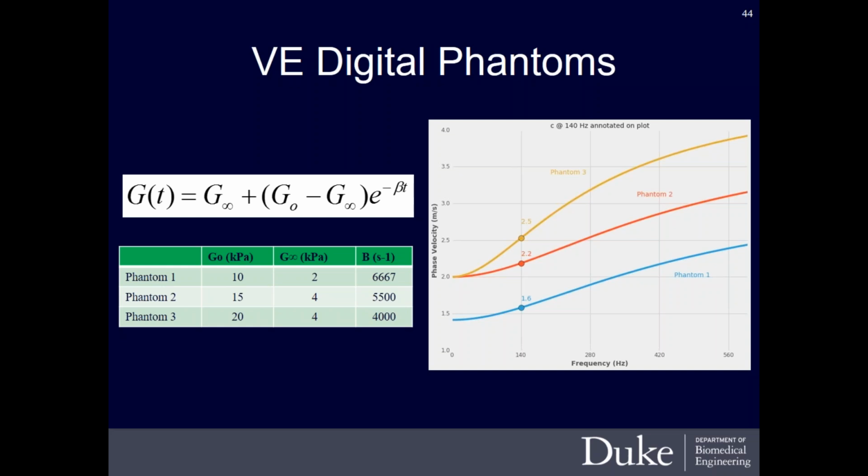So for given imaging systems that might have a bandwidth that could range from, let's say, 100 to 300 hertz, if you're looking at the slope of each of those colored lines, that's showing you what gradient in speed you could potentially be seeing if you don't control for potentially honing in on a more discrete phase velocity estimate. So the hope is that if systems vary right now as a function of this frequency dependence and are able to hone in a little better, we could actually tighten up some of those distributions.